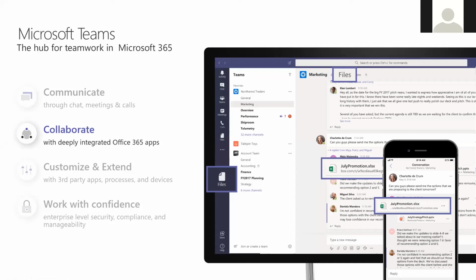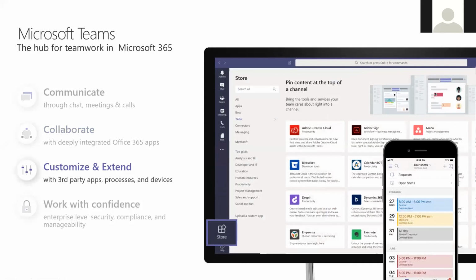So that's the beauty of collaboration over here in Teams. So let's move further to customization. There are some applications, like Adobe, or somebody of you might be using Dynamics 365, or somebody of you might be using Salesforce, and for that particular application, you need to go to a different app or different browser and open it, put your credentials.